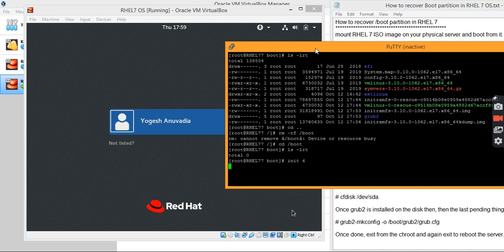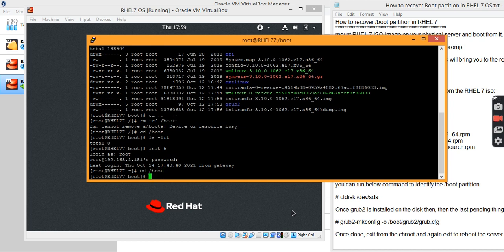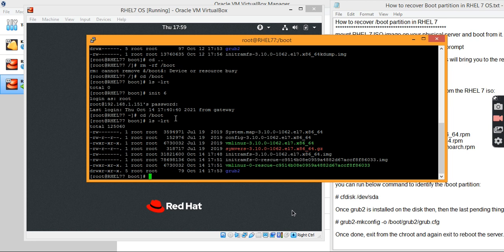Let me access my machine. Now you can see all the files are available now, the required files, and it is successfully resolved.